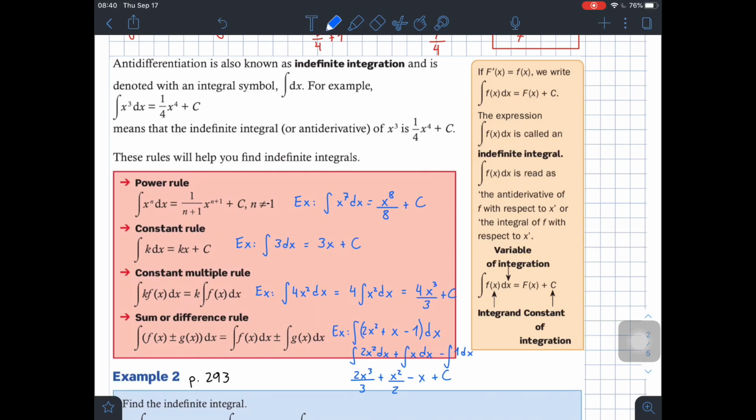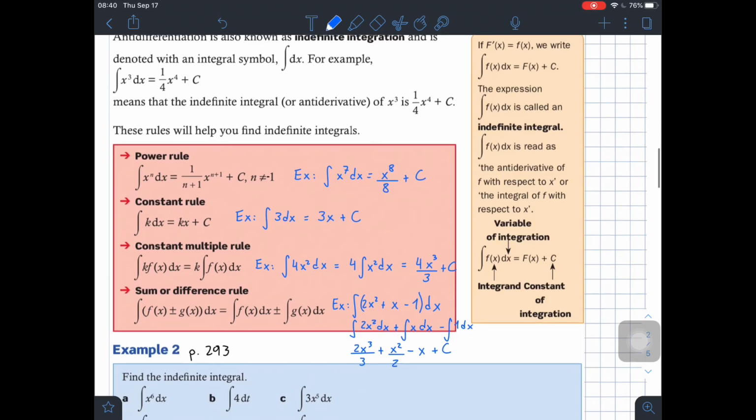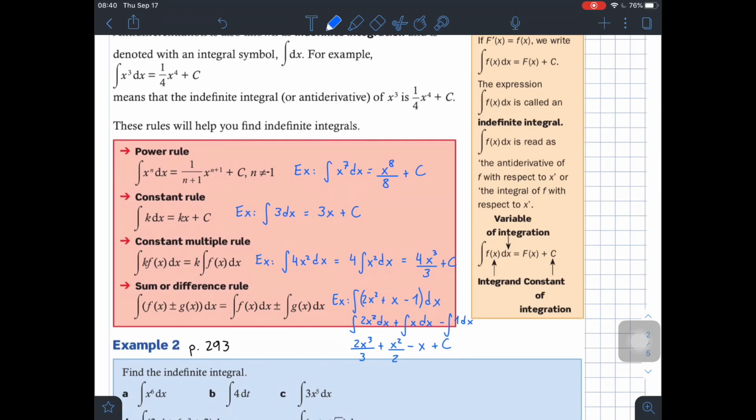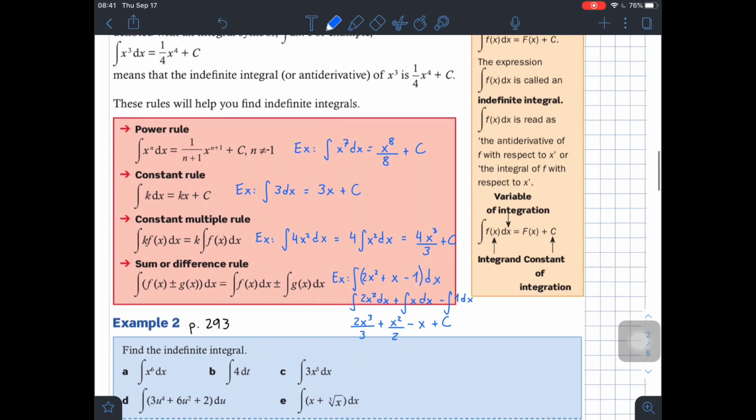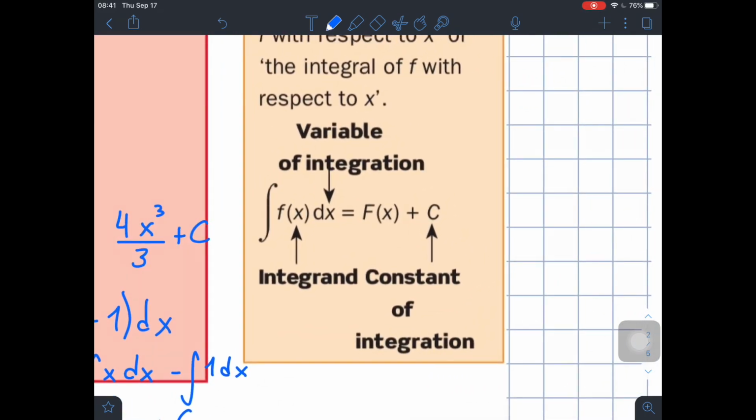The expression integral of f of x dx is called indefinite integral. The integral of f of x dx is read as the antiderivative of f with respect to x, or the integral of f with respect to x. That's how we read this whole expression. So here you have the explanation of what each term means. The variable of integration is represented by this dx over here, right? The integrand, the term that we're integrating, is f of x in this case. And then here we have the constant of integration, this value of c, which we always need to add whenever we're working with